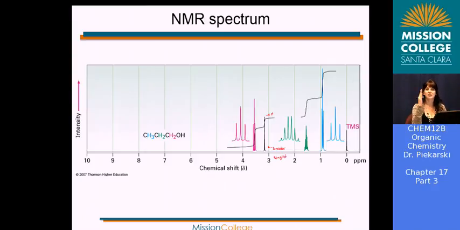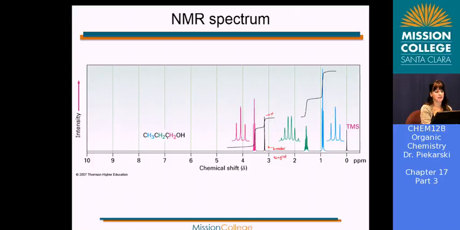Because it's just focused on exchanging protons with the moisture or acid in your sample, there's not enough time for it to be split. This CH2, therefore, is only a triplet because it's next to two hydrogens. So we can see the CH2 shifted really downfield in comparison to normal CH2s because it's attached directly to